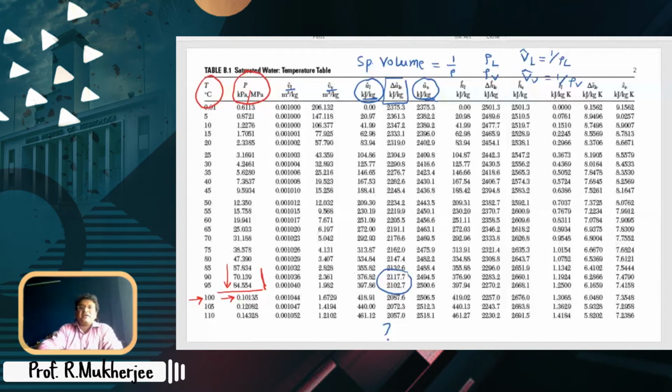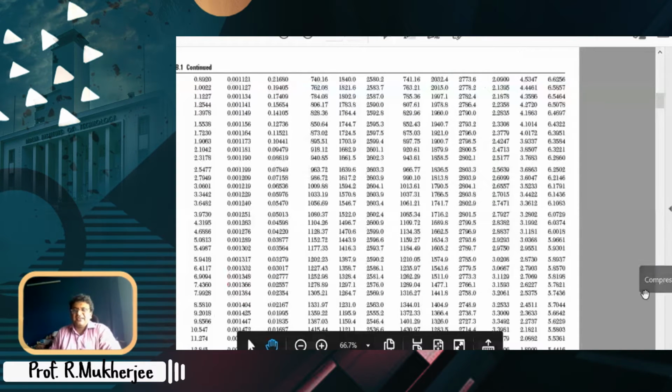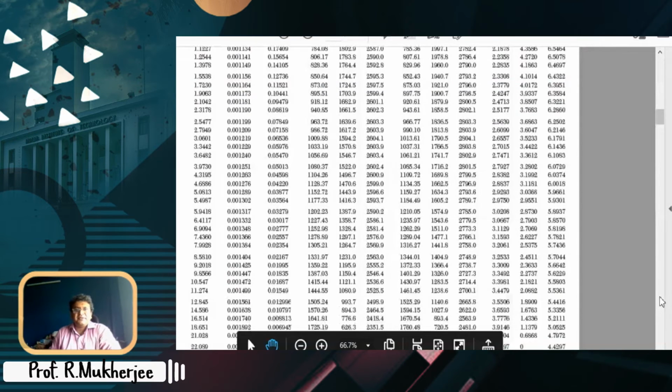Similarly, you have data for enthalpy also, right? And this is here the steam table I have shared with you. The numbers are in kilojoule, which is perfectly fine. It's not your problem. And then you can also find out the change in enthalpy. Is it clear to all? So this is the first table where everything is essentially same. Only thing is we need to just figure out about the superheated table.